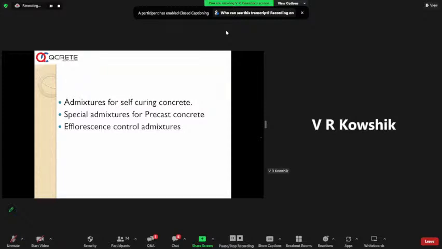In all those places you can use this concrete, and especially columns, where curing is neglected many times and intermittent curing is done. To avoid that, you can add this integrally and make this self-curing concrete. Precast special admixtures are